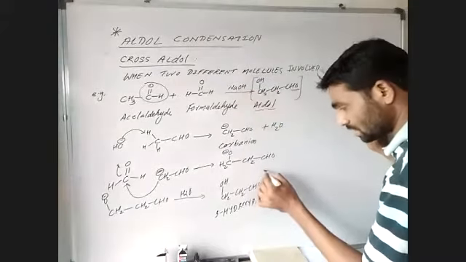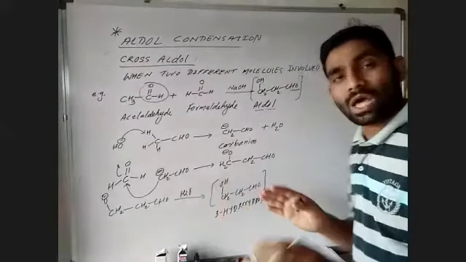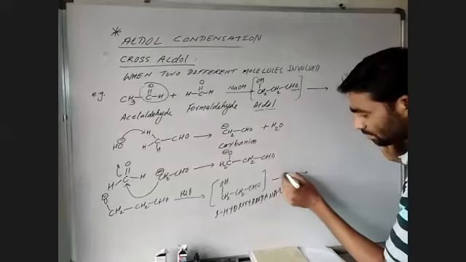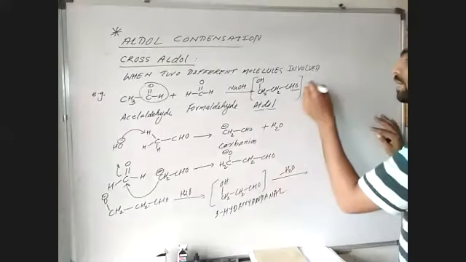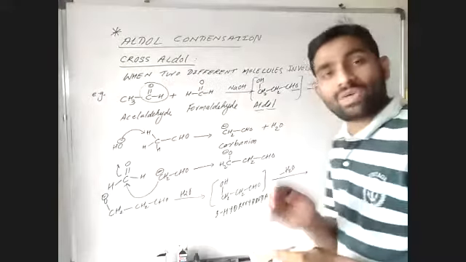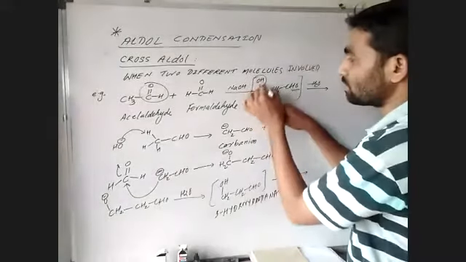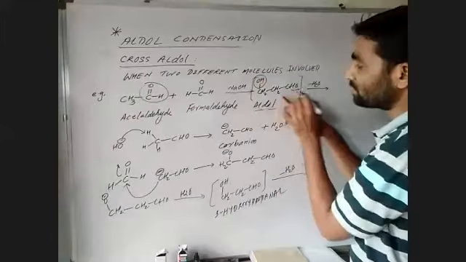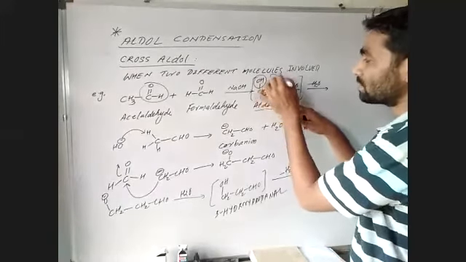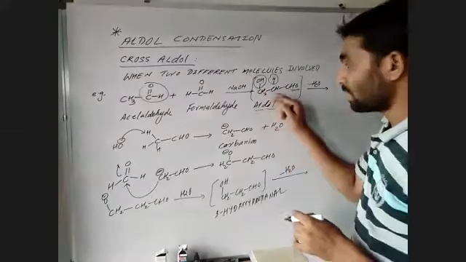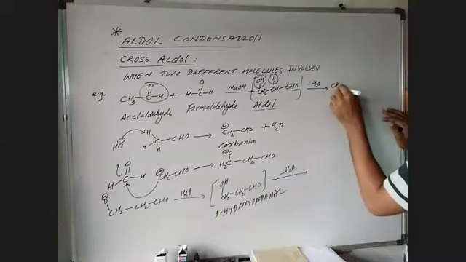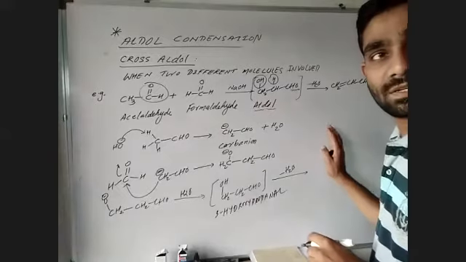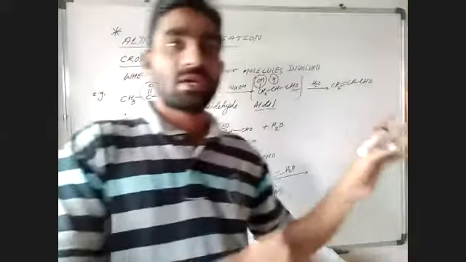But one point you must remember, this is very unstable. So we generally write it in brackets. Aldols are unstable. So what will happen? They undergo dehydration. Minus water. From where? This beta carbon will remove OH. This alpha carbon having 2 hydrogens, one will go with this. So we can write like this. So H2O will be lost. A double bond will form. And you can have a structure like this.